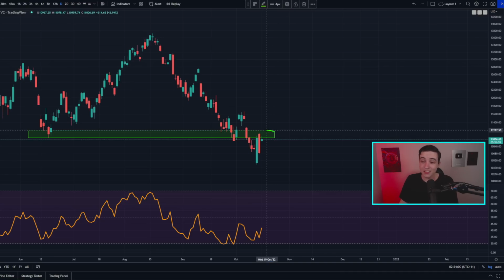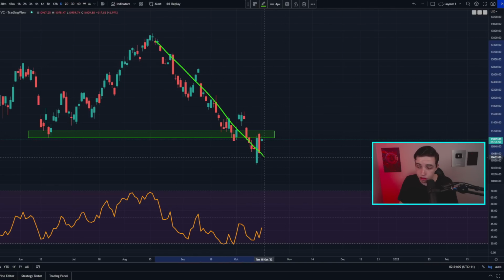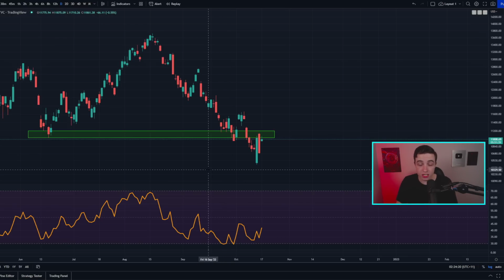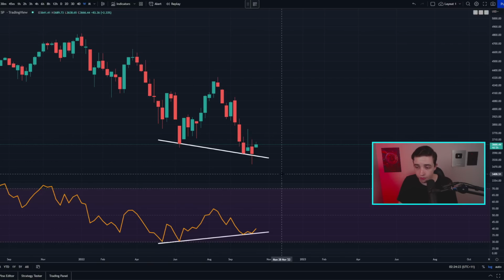And so basically, despite the fact that the Nasdaq 100 index is still finding resistance at this range of resistance, we could still be due to see a bit of a pause in this downtrend based on this bullish divergence. And speaking of bullish divergences, if we're zooming out to the weekly time frame for the stock market, in fact, this chart right here shows the S&P 500 index, which is quite similar on the chart to the Nasdaq 100 index. And what we can see right here on the weekly time frame is a much larger bullish divergence, which